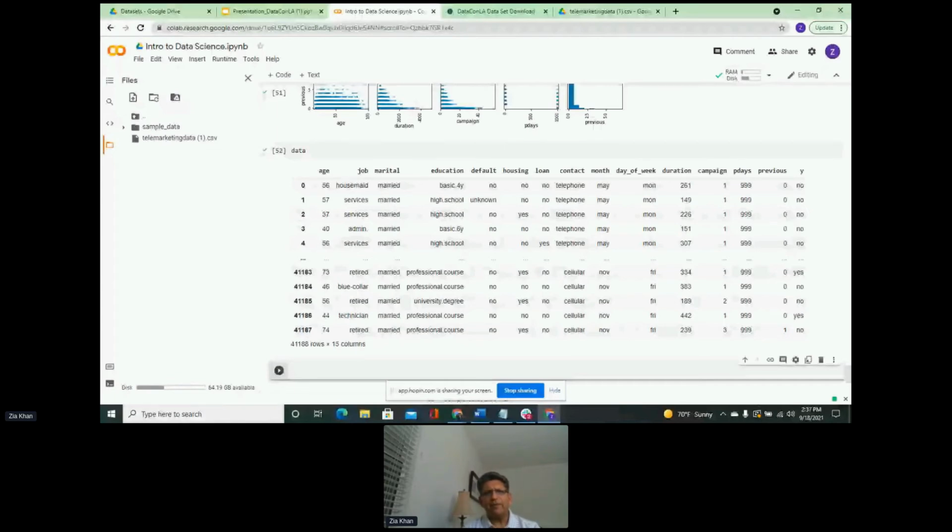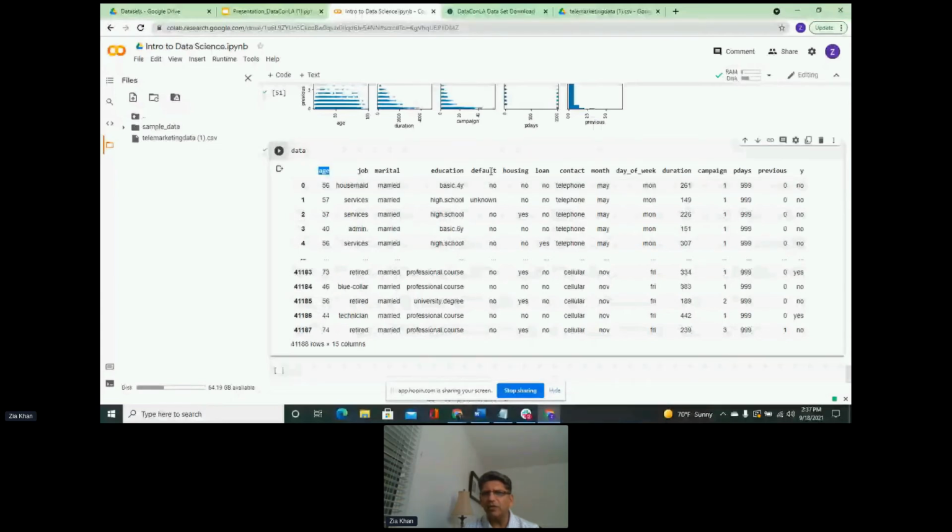So the first step in here is that we can use the numeric data. So the numeric data is age, then the duration, campaign, previous days, previous. These are our numeric data. So we can use the numeric data to build an algorithm.